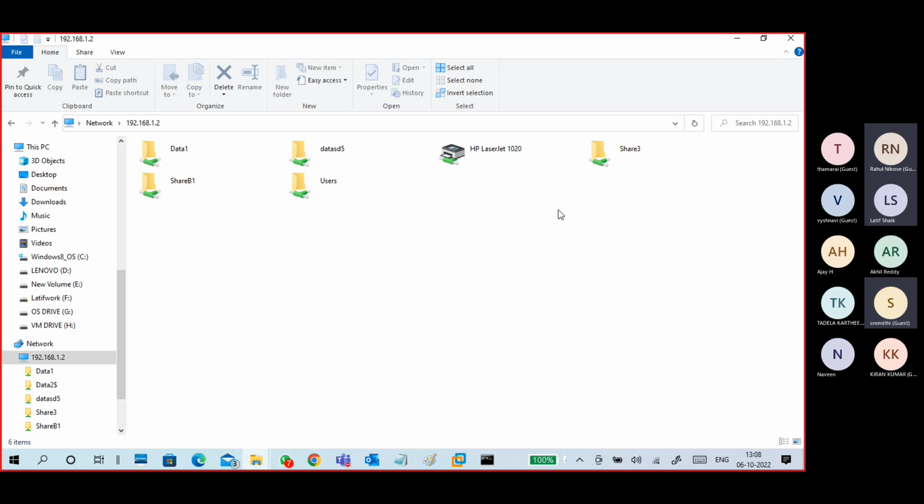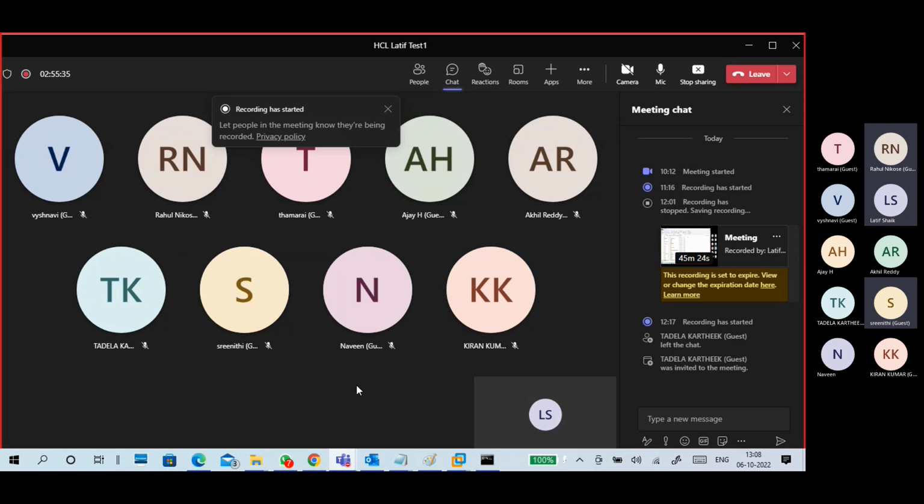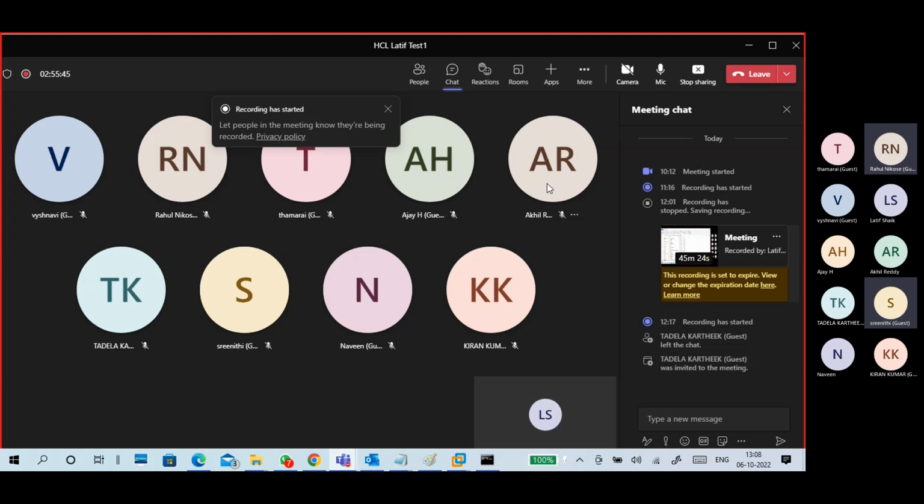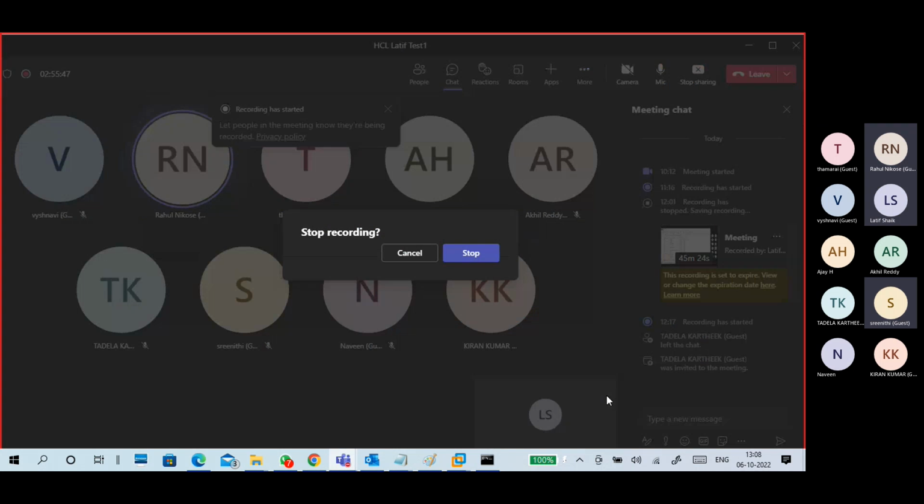That is another concept. Guys, do you understand how to share the folder and how to access the shared folder? Yes, sir. Okay. Next part, I will tell about